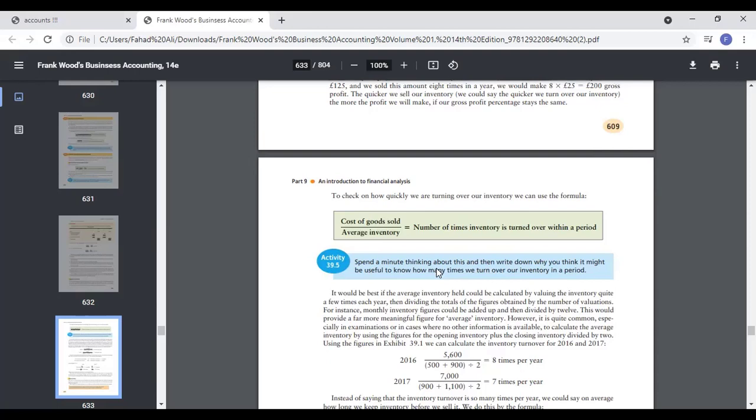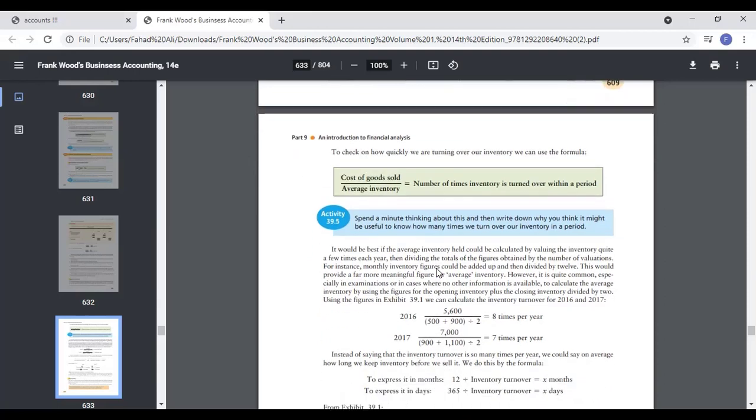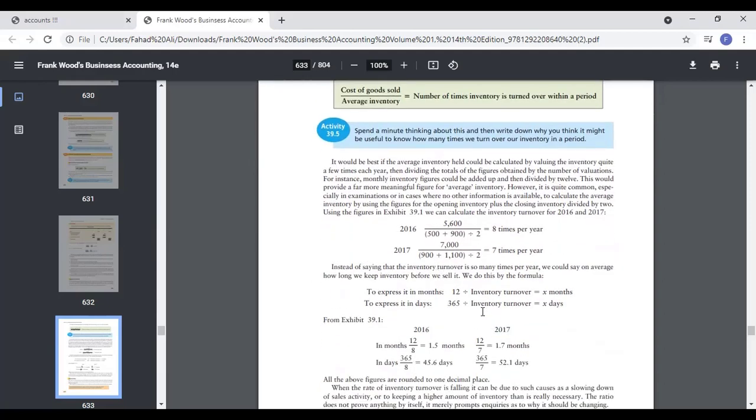What is the reason for this? Because there are only 2 inventories in the income statement. Yes, there are 2 inventories in the income statement and there are 2 items in the numerator. That's it. Now I hope you are getting clear on the calculation part, that why the formula is like this. So if you want to express it in months, what you do is multiply it by 12. 8 times 12 divided by months.